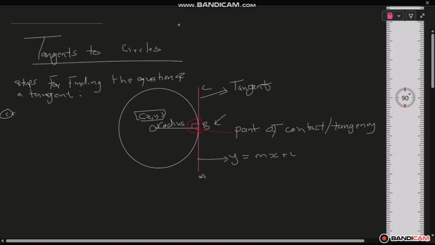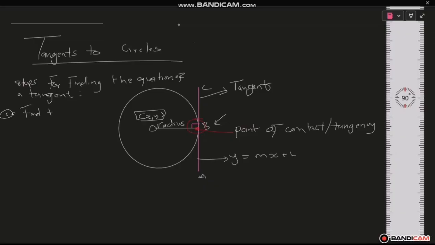Step number 1 for finding the equation of the tangent, you must find the gradient of the tangent at a given point of tangency. Number 2,